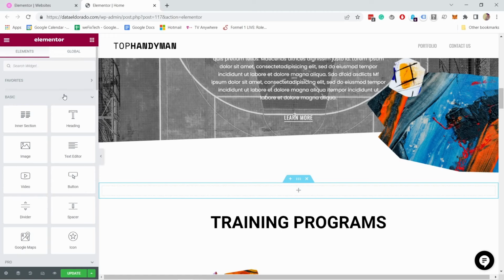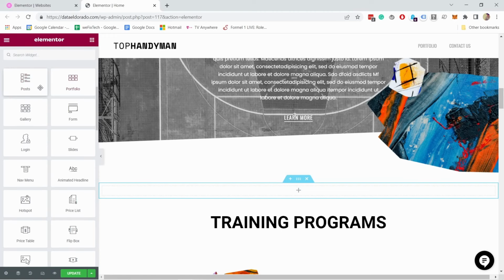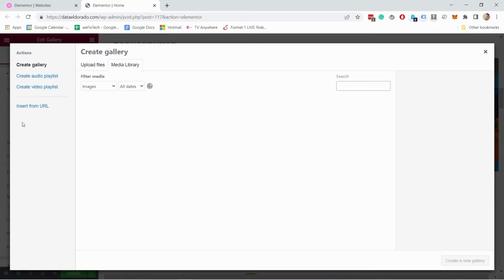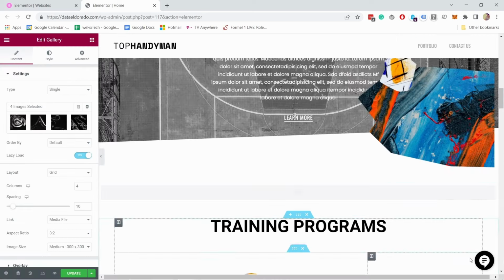I'll show you how to create a WordPress website using Elementor Cloud. We will create a website using a drag and drop page builder, so you don't need to know how to code. For example, this is how easy it is to add an image gallery to your page. Find it in the list of elements, drag it into your website, then just add your images and adjust settings